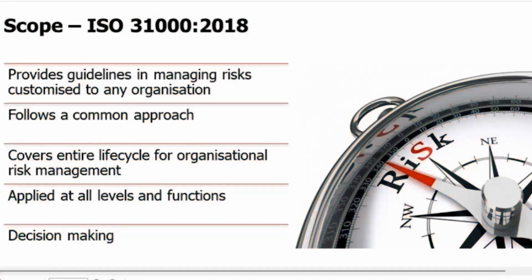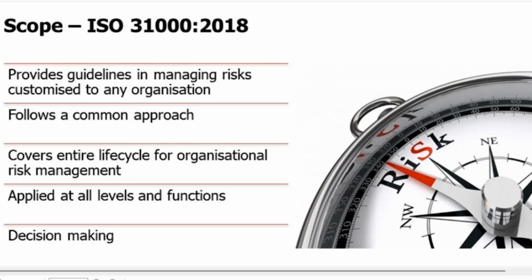Second point is, irrespective of what your purpose is, what your industry is, what your function is, what the management system is against which you want it, it follows a common approach. It provides consistency in your approach for risk management. Then it covers the entire life cycle of organizational risk management, starting from how you establish a framework for managing risk, what the guidelines are for implementing it, what the guidelines are for monitoring and reviewing the performance of your risk management framework, and how you continually improve your risk management framework and the risk management. So it covers the entire life cycle of risk management, customized and tailored to achieve the strategic objectives of your